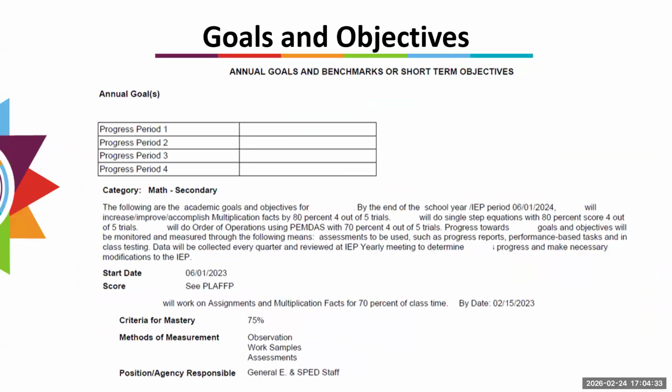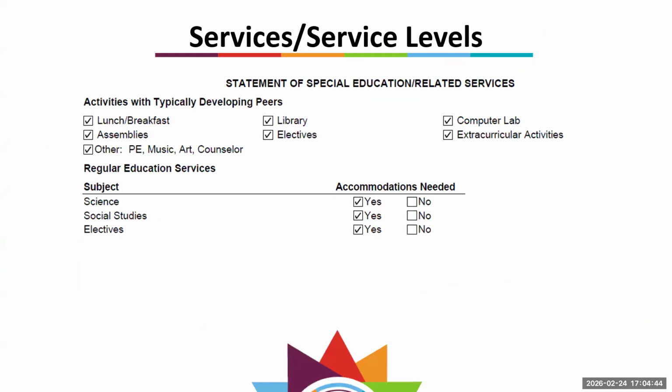So this is an example of what the goals and objectives may look like in your child's IEP document. Next, you have the service and service levels. So once you climb the steps, you enter into the house itself. This is where the supplementary services and aids that help the students learn go. These include special education instruction,